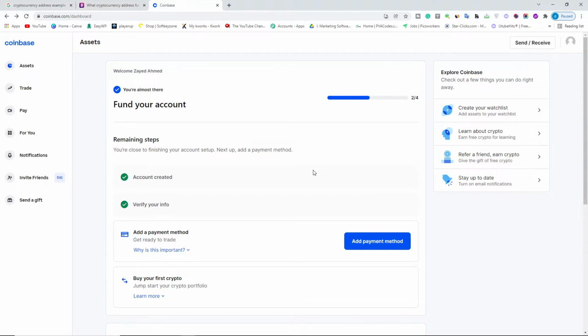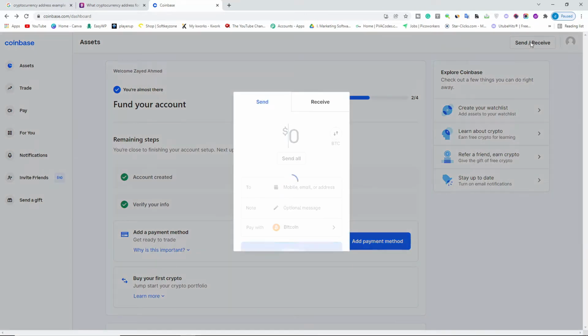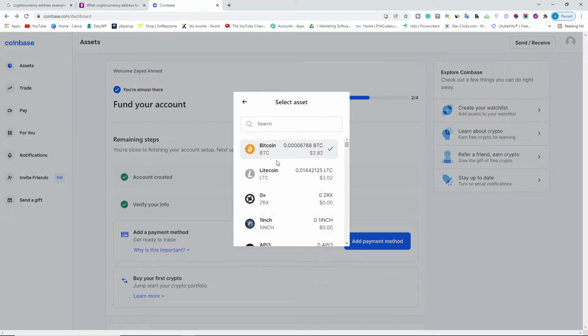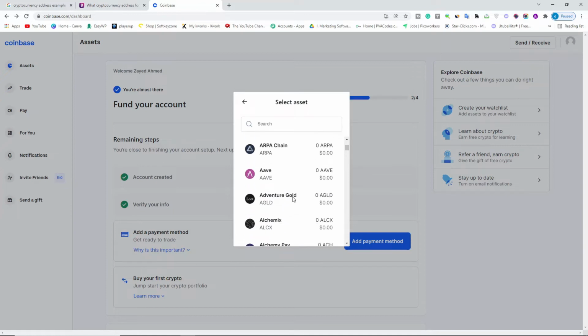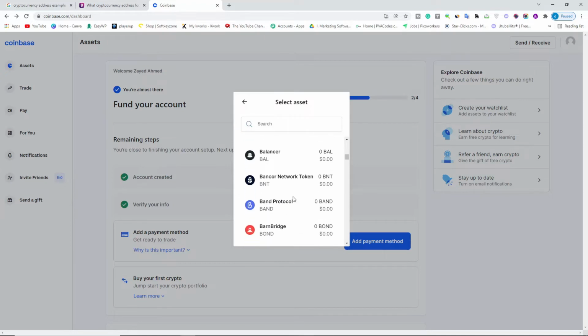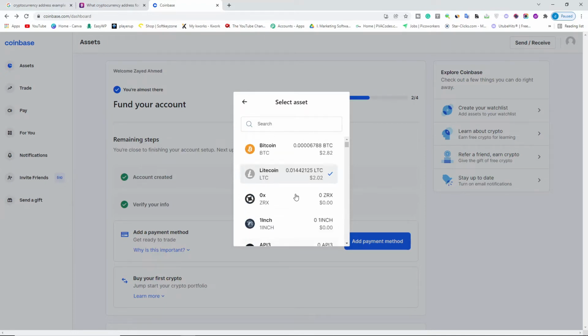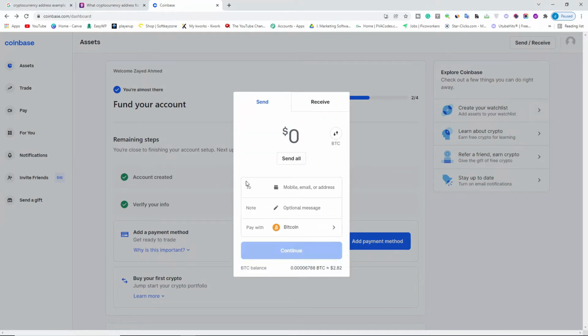do is log into your crypto wallet, and then here you will see the send and receive button. So you simply press there. After you press there, they will ask you how exactly you want to make the payment. Do you want to use Bitcoin or Litecoin, or the available cryptocurrency you have. So you can choose in which cryptocurrency you want to send the money. Okay, as an example, let me select Bitcoin for now. I'm selecting Bitcoin first because I will make the payment with Bitcoin, and then I have to